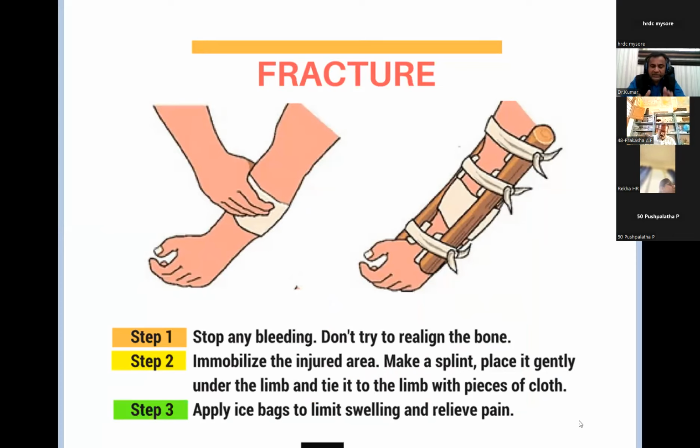What is the advantage of doing this? Why do we need to do this? Imagine the train accident that happened in Odisha. There were hundreds of people who had bone fractures. And if you shift them without any assistance or first response at that moment, the pain will get aggravated. The person may go into shock, and that can cause